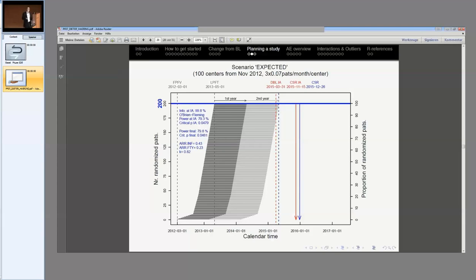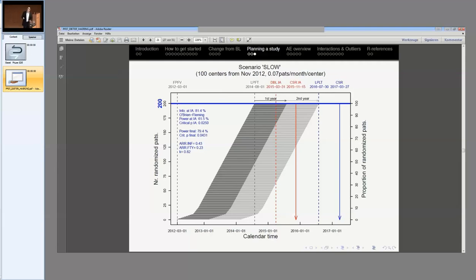So even in this relatively optimistic scenario, it is just tight, but it's probably possible. So maybe you don't need an interim analysis. Here there's some text that's just to show what the statistical properties at the interim analysis would be if we had this interim analysis. And then you can use the same program. It's basically, in SAS you would say a macro function, where you can replace certain